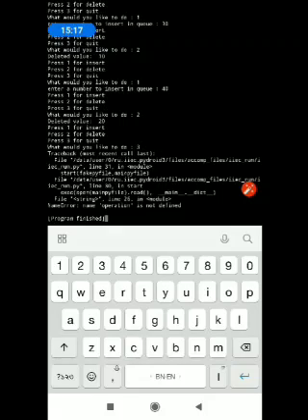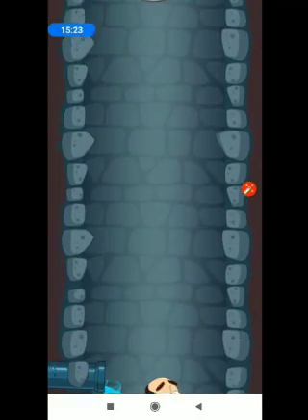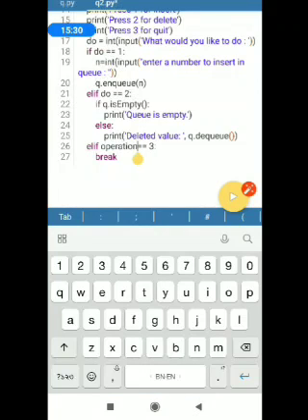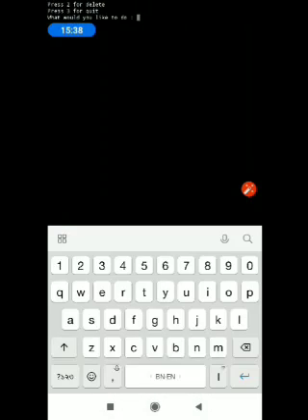In line number 30, name operation is not defined. Let me check that. So it should not be operation, isn't it? The variable name is do. So it should be do. Now it must be quitting.